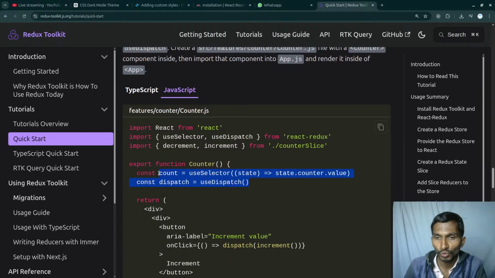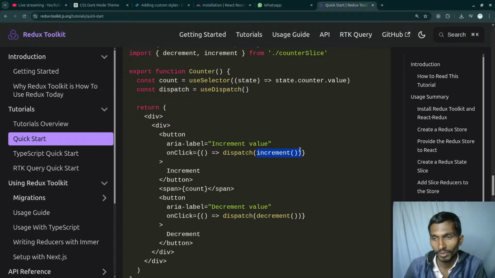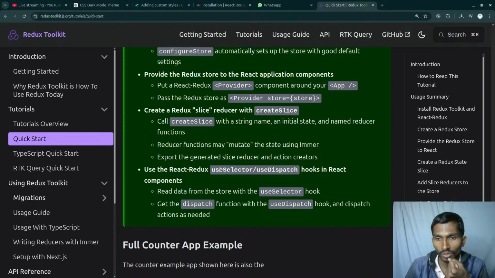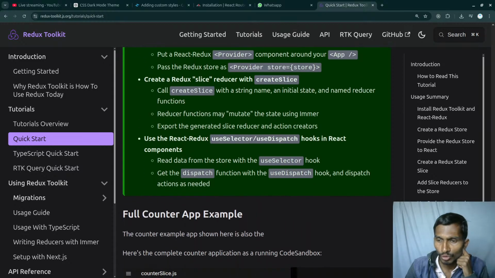After that, when it comes to using that, if we just want to get the count, we can use the selectors and select some of the values. If we want to change something, we can use dispatch and whatever method we want to use. Alrighty, so this is how things are going to go. Overall things are fine. It's not that difficult, but the thing is that I'm using